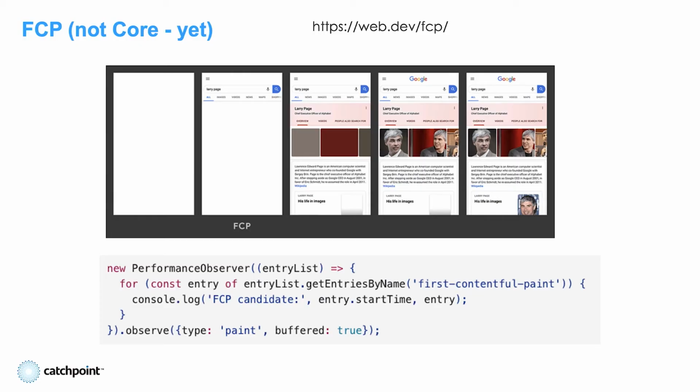So into the actual metrics, and of course I'll start off with one that's actually not a core web vital yet, but we've talked about it a fair bit. It's the latest iteration of a start render, a first paint, if you would, but first contentful paint, which is when the first image or text piece of content is drawn. Effectively, it tries to measure when it's drawn to the screen, or as close as the browser can figure out to when it gets to the screen. We've seen this recently. Safari just shipped support for FCP in iOS 14.5. And so I think Tim Kadlec has a blog post up about it,